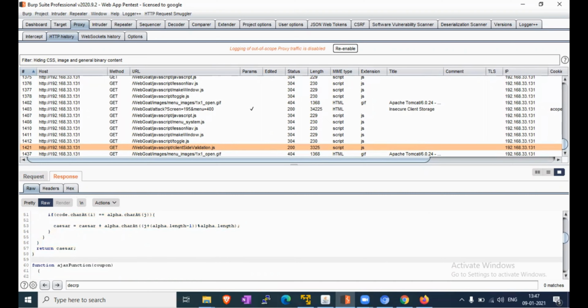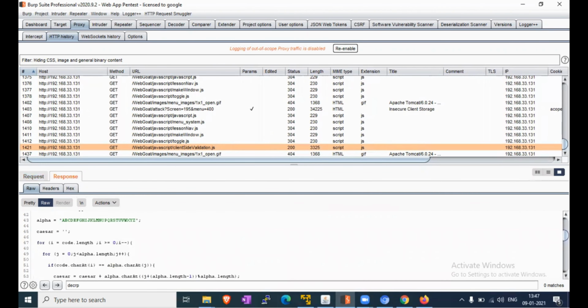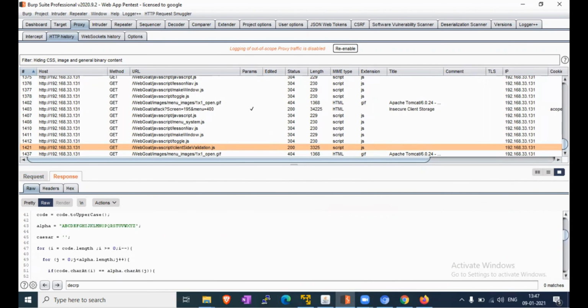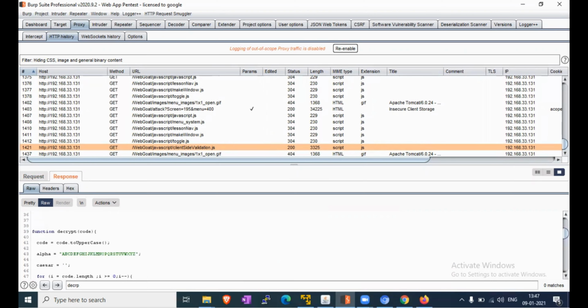In the browser, we will open developer mode and check the code length. Decrypt and code are here.